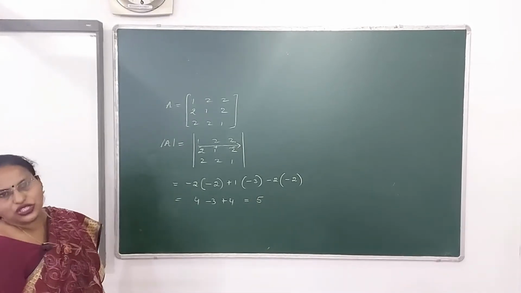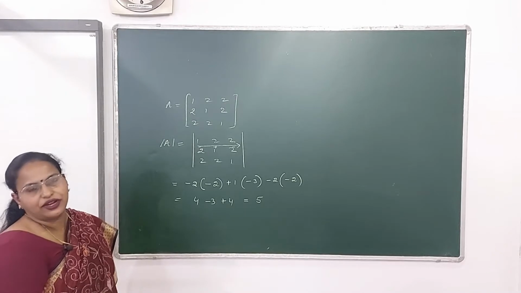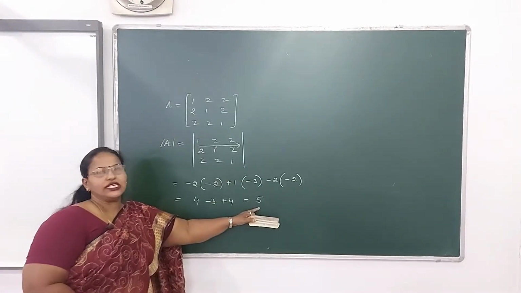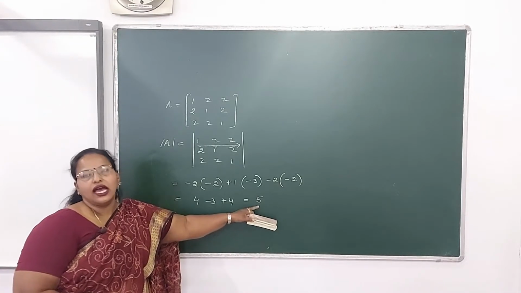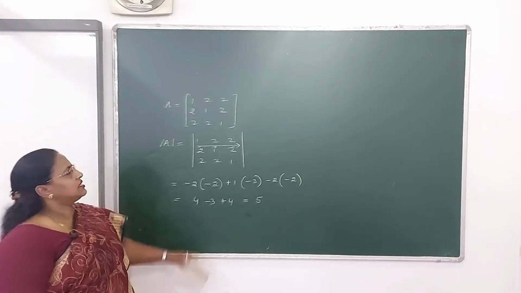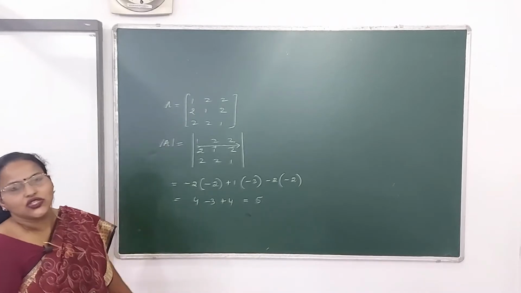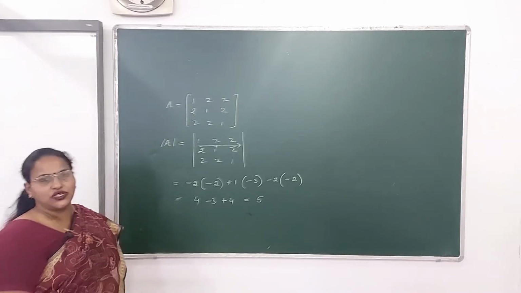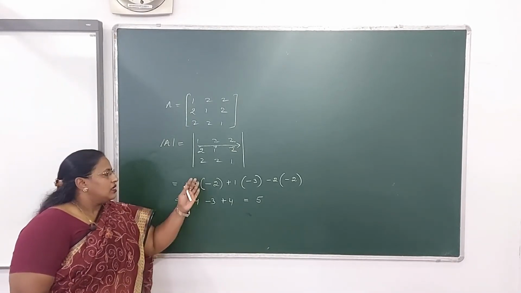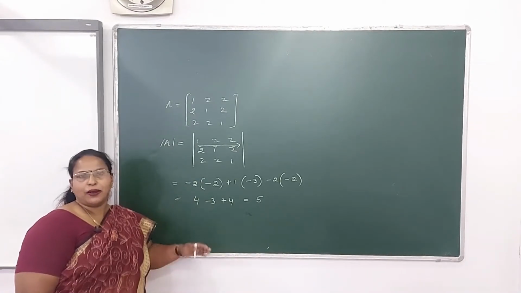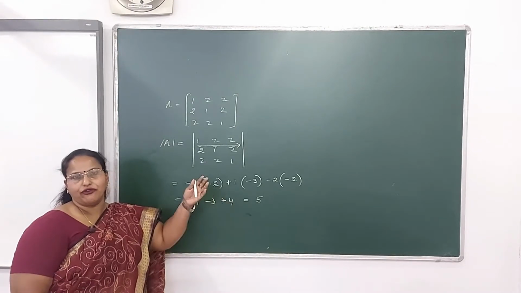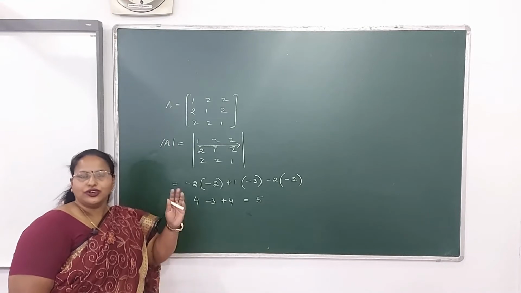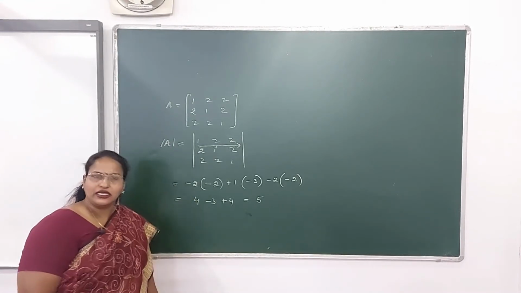So this is the procedure of solving a determinant of order 3. So this square matrix can be associated to this definite number, and what is this definite number called? The determinant of the given square matrix. So I hope children the procedure is understood. The same method you will be applying for square matrix of order 4, 5 and so on. But since your syllabus is restricted to order 3 only, so this much only will be practicing.